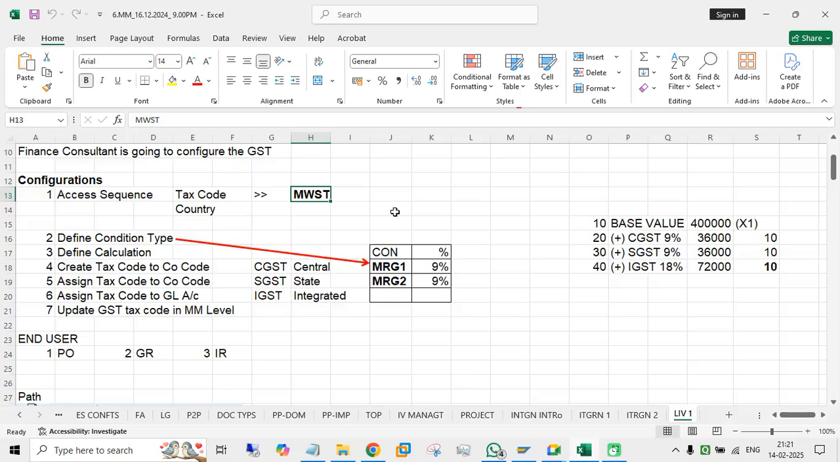Like how you copied 4300 in enterprise structure. You may remember you copied 4300 with all its parameters. Same way, MWST is a GST file. We have to copy the parameters to my company code for GST. And